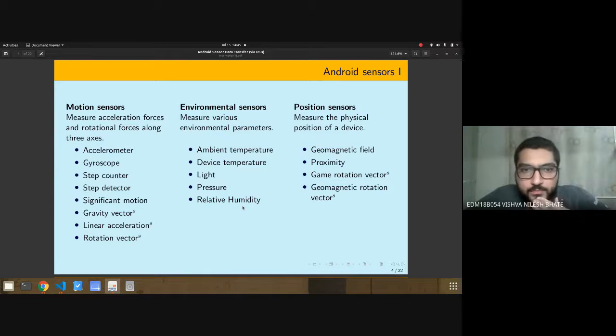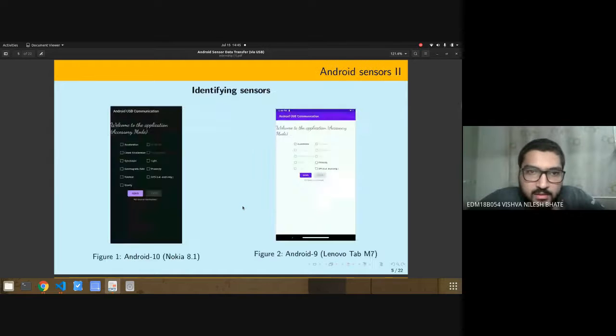Yes. So these are the different varieties of sensors available in the sensor framework. Now, once you know that these sensors are available, the other step is identifying the sensors which are available on your device, because it's not necessary that you will have all of these sensors. So in this application, this is a screenshot of the application on two different mobiles. I think this is an outdated screenshot, but the UI is the same.